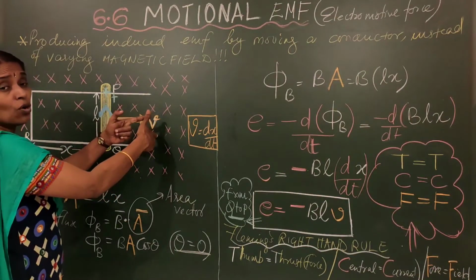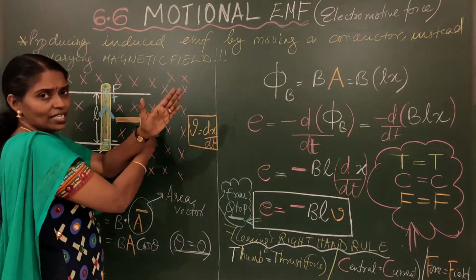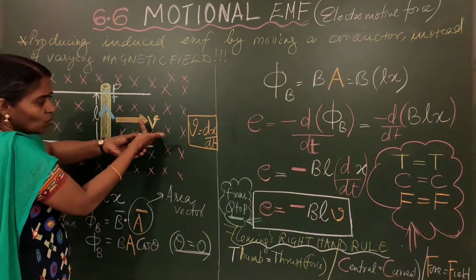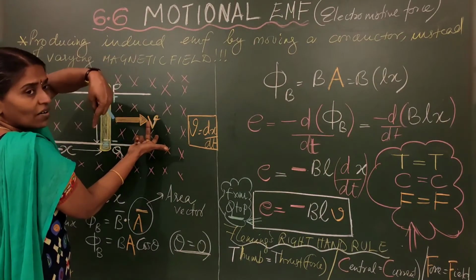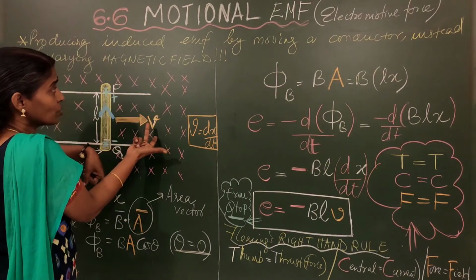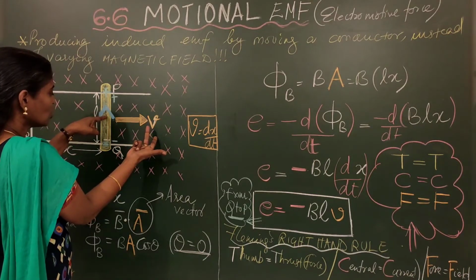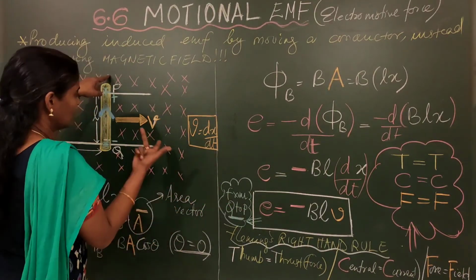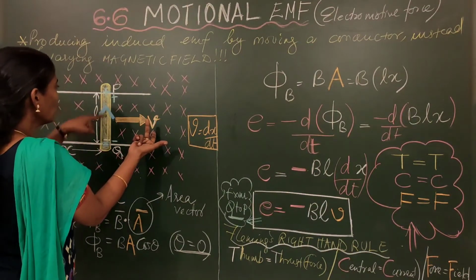Then thumb or thrust or force on the conductor. What's the force on the conductor? Towards right. That's why it's moving towards right. So turn my hand in such a manner that thumb goes to the right. So where is my thumb? Thumb is pointing towards right. So what about my free central finger? Central finger shows vertically up. Means what's the current direction? Current direction is from Q to P. Repeat, from Q to P. Clear? So induced EMF or current moves from Q to P.